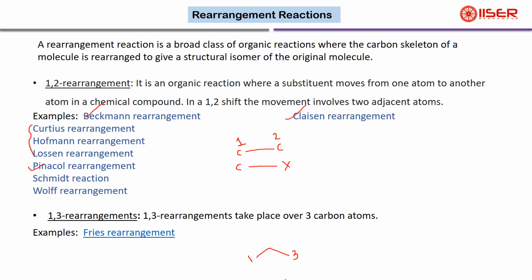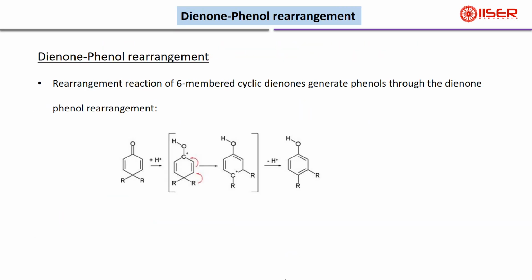In the last few classes I was discussing the rearrangement reactions. We are almost done; 2 or 3 are remaining. This one is the dienol phenol rearrangement. Here a dienone rearranges to a phenol, that's why it's called dienol phenol rearrangement. The reaction is catalyzed by acid. So if you see the mechanism,